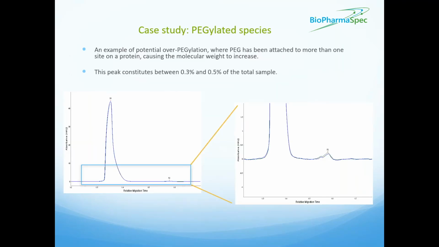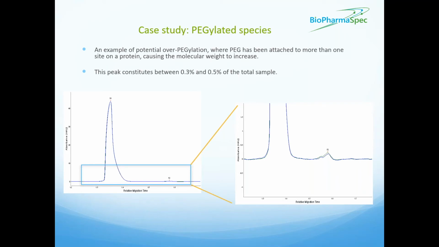But if you look carefully, you can see there is a small signal at 52 kilodaltons. Now, this is consistent with over-PEGylation. So there's a small percentage of the molecule, anywhere between 0.3 and 0.5 in these batches, where an extra PEG molecule has been added. Now, knowing this, the site or potential site of PEGylation can be investigated through other techniques,